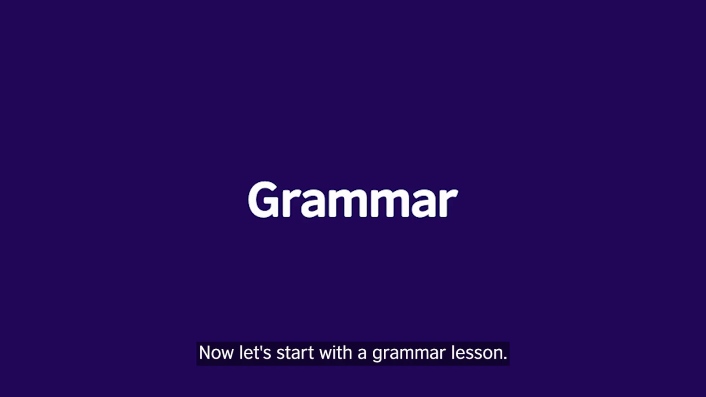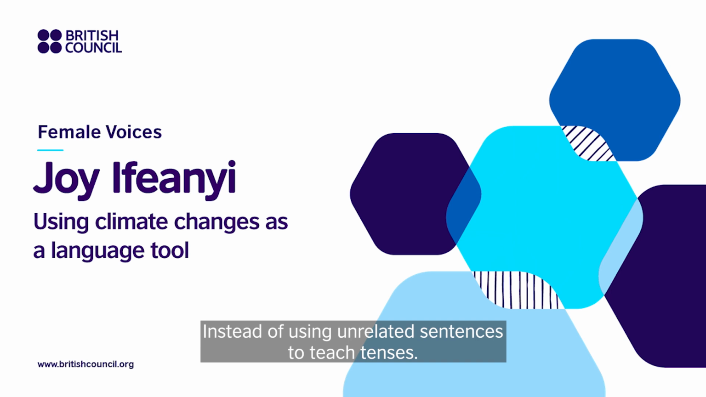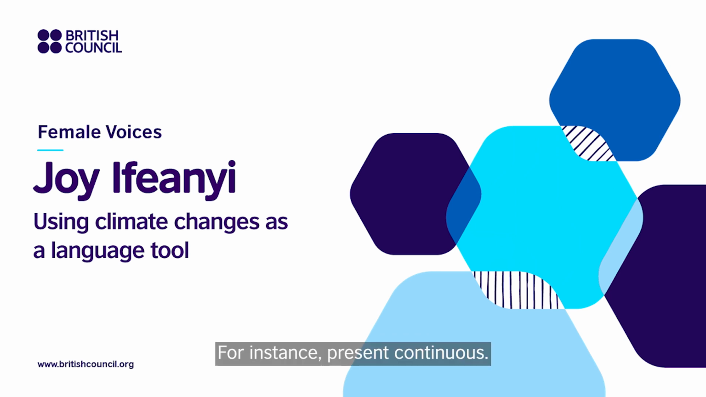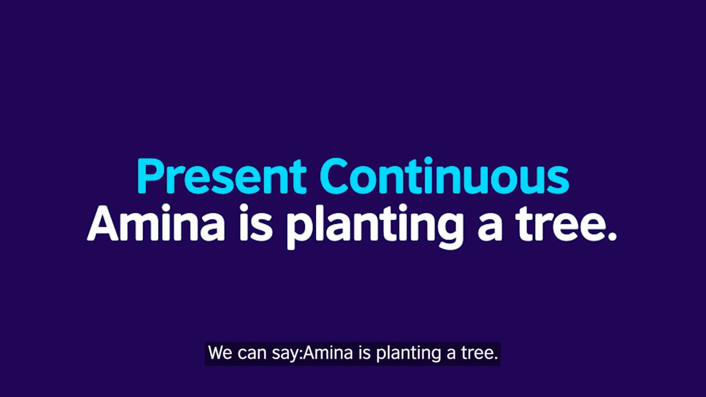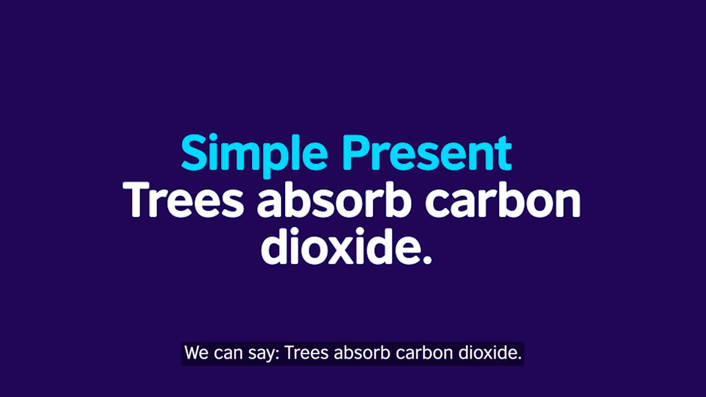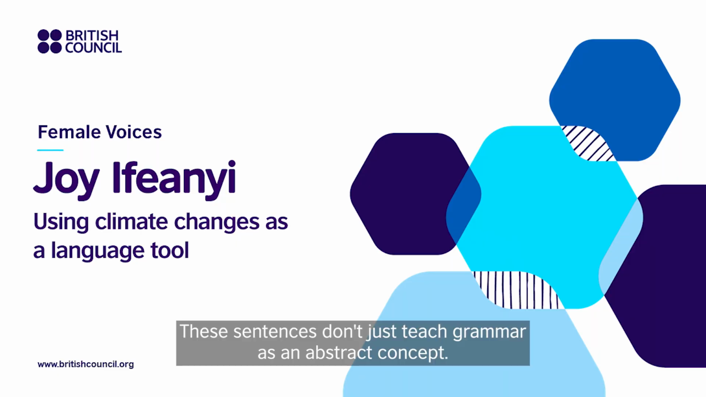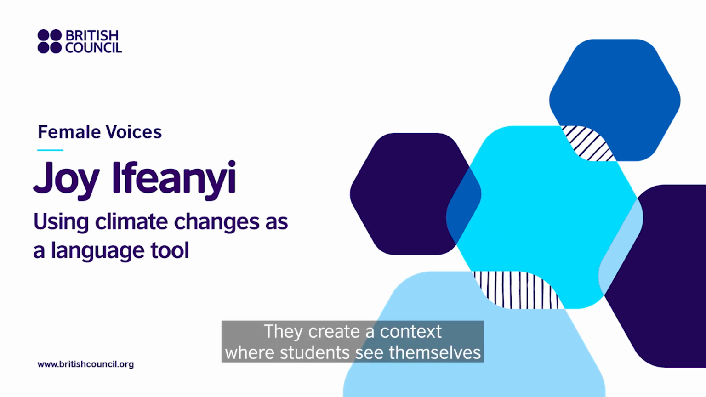Now, let's start with a grammar lesson. Instead of using unrelated sentences to teach tenses, we can craft examples that promote awareness. For instance, present continuous, we can say, Amina is planting a tree. For simple present, we can say trees absorb carbon dioxide. For future tense, we can say we will reduce plastic waste in our school. These sentences don't just teach grammar as an abstract concept, they create a context where students see themselves as part